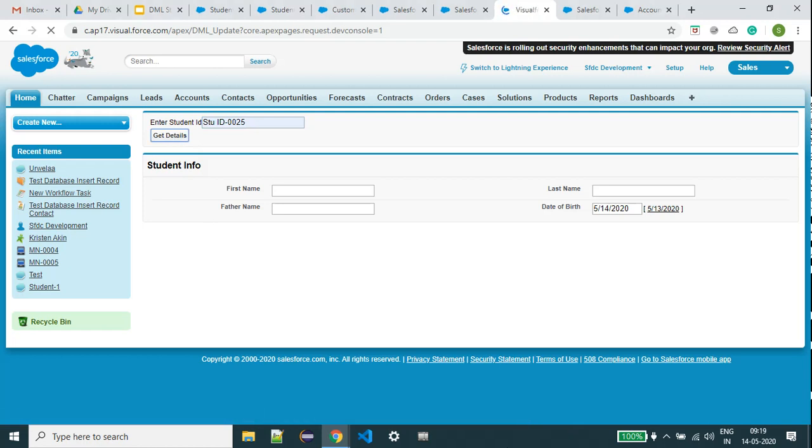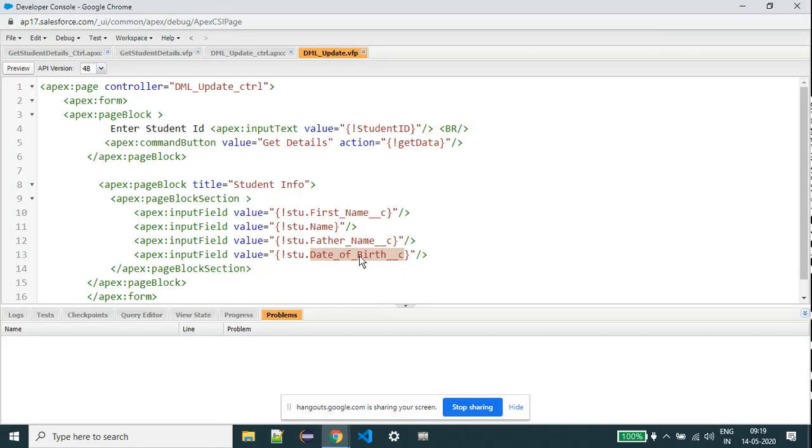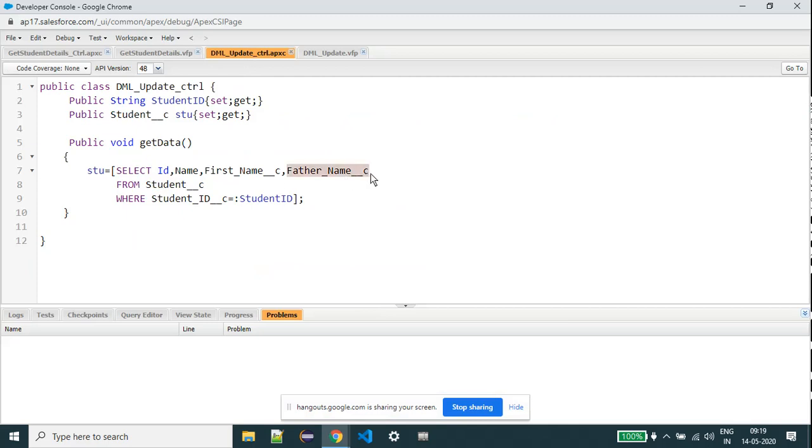See here, this kind of error message we will receive: SObject row was retrieved via SOQL without querying the requested field. Actually we are using the date of birth field at the Visualforce page level, but we are not retrieving it from the database, right? We have retrieved only the name, first name, and father name. So that is very important.